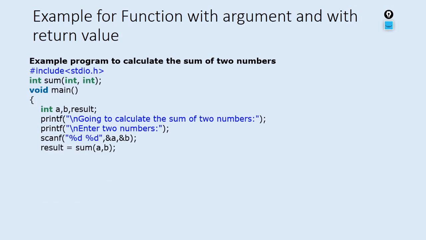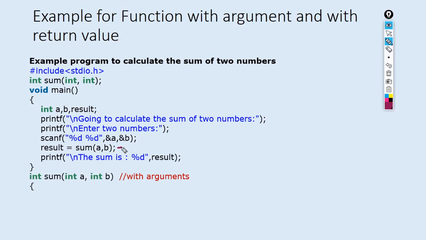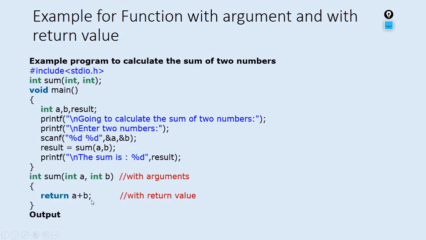So sum is nothing but the user defined function with two parameters, right? So here you can see we are passing two parameters of type integer. So here a and b are nothing but the variables of type integer, and this is nothing but the call of the sum function, and here with the call it will go to the definition. So from here taking these two values it will go to the definition of the function. Return a plus b. So we are returning this, that is we are adding the two values and then we are returning.